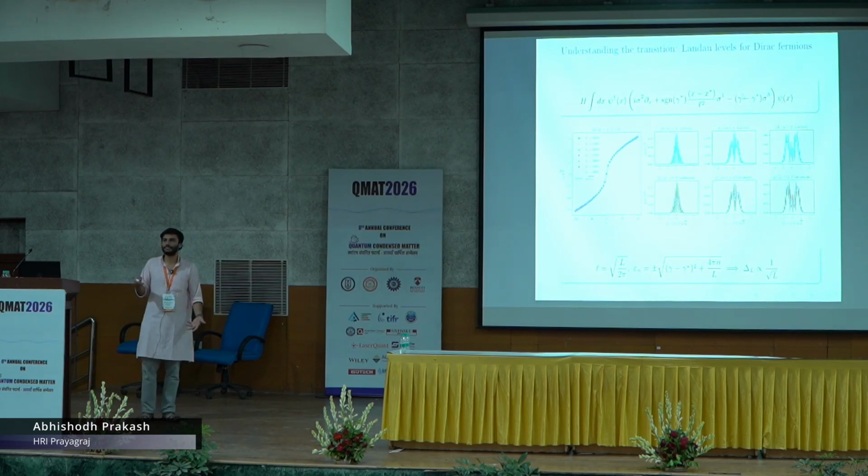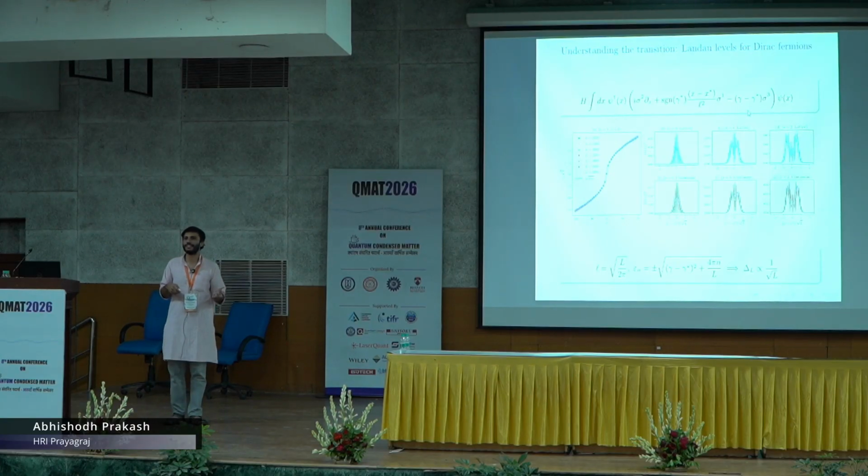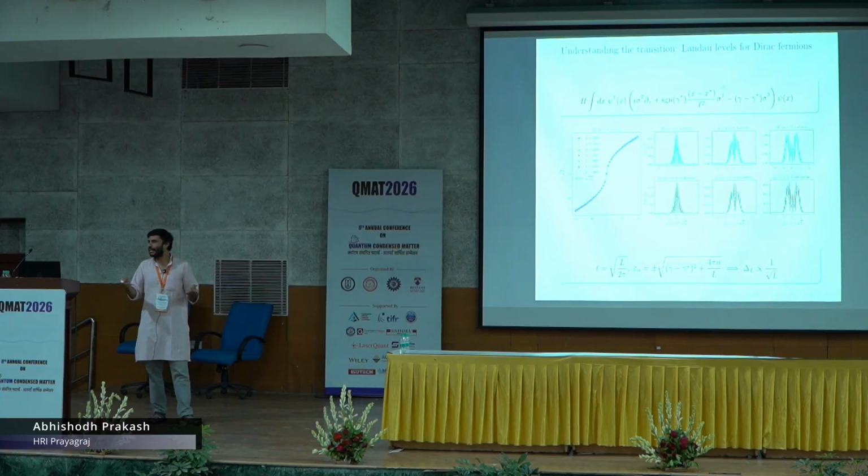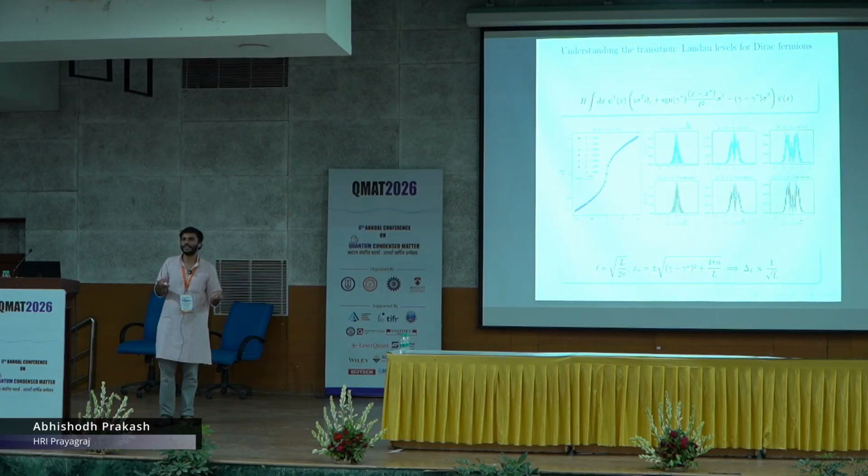So this is the mass term. The other one is something that varies in space. It turns out that this Hamiltonian is formally identical to the Hamiltonian for Dirac fermions in a magnetic field. So this is the Landau level problem of Dirac fermions. The dictionary being, there's this length scale that appears, which is the script L. The script L is analogous to the magnetic length in 2D systems, and x star is analogous to the guiding